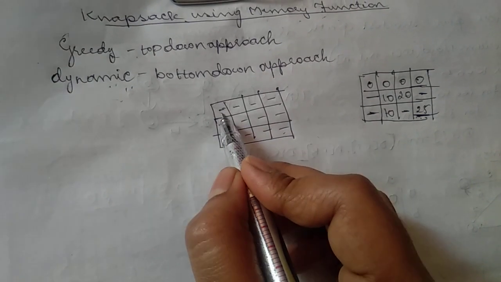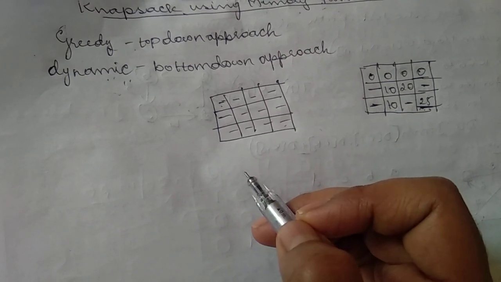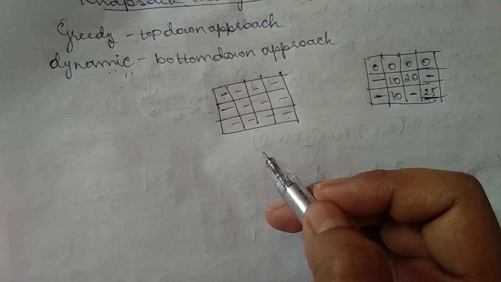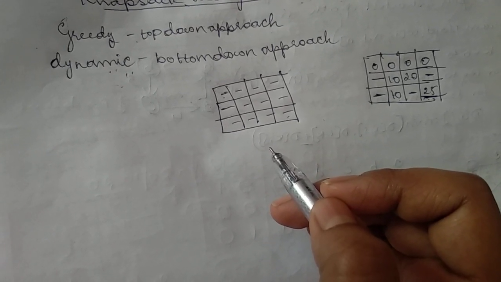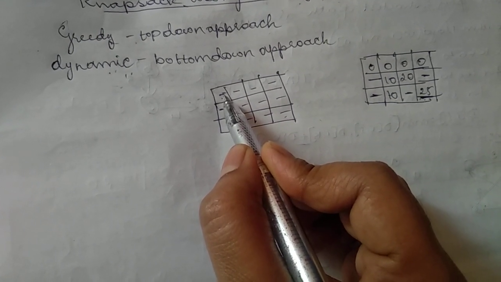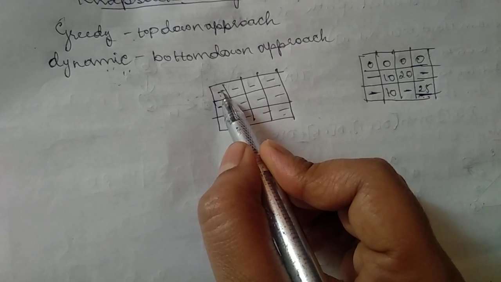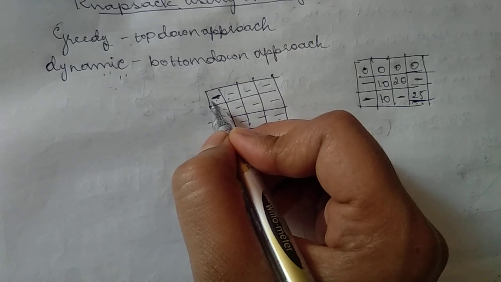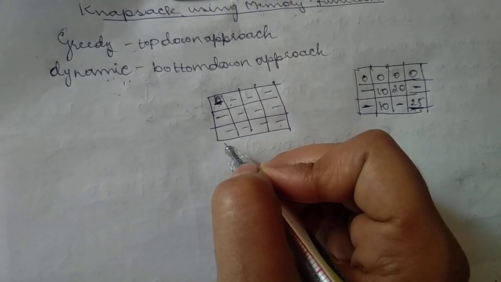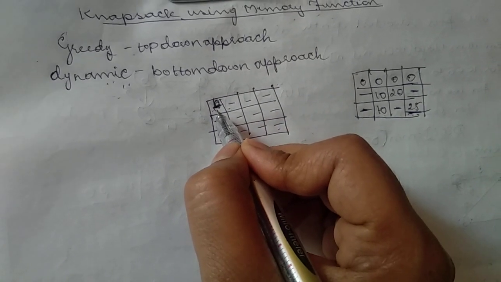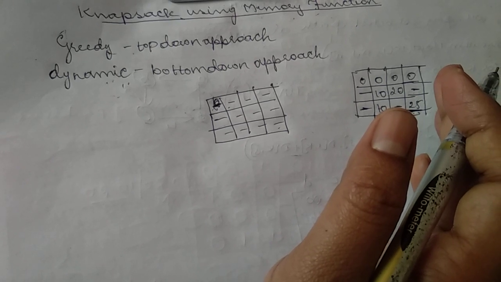If the value is computed, then the null value is replaced with that value. Third, when a new value has to be computed, we first check the corresponding entry in the table. If it is not null, the value is retrieved from the table. Otherwise, it is computed recursively and stored in the corresponding location. What is the meaning of that? If it is null, the value is needed, so it will be computed and stored here. Once again, if we go for subproblem solving and encounter any value already present, it will not find the value for that subproblem again.